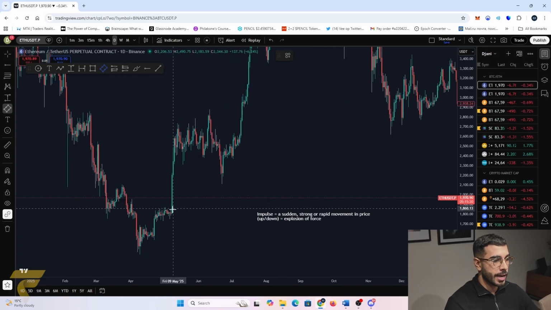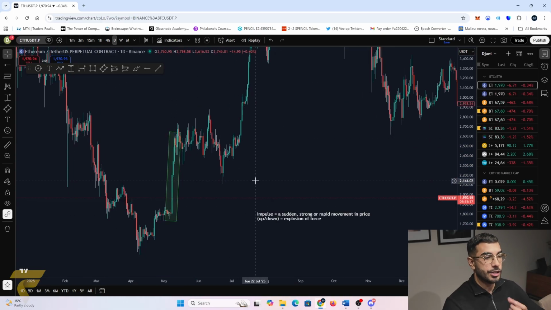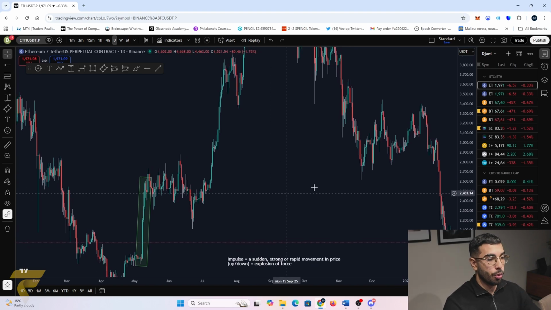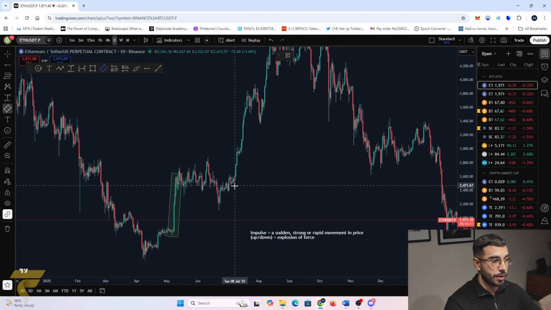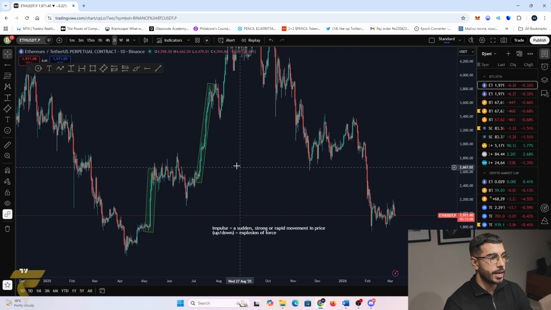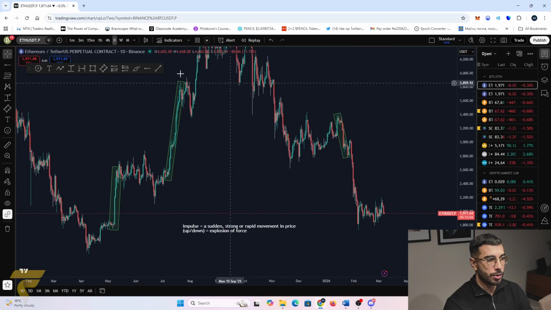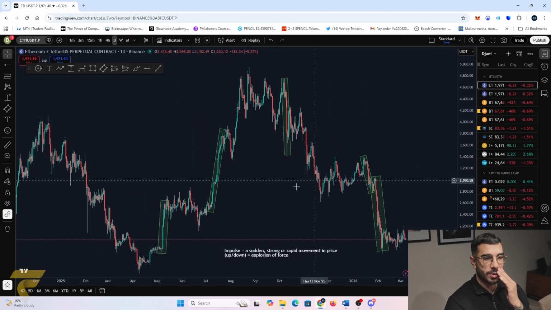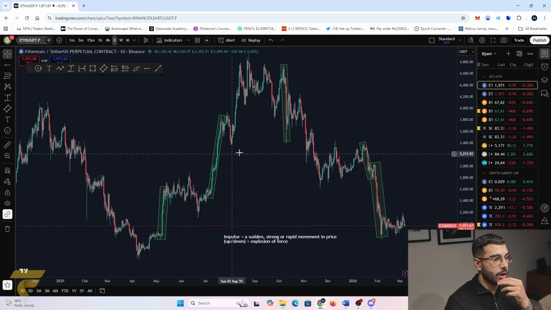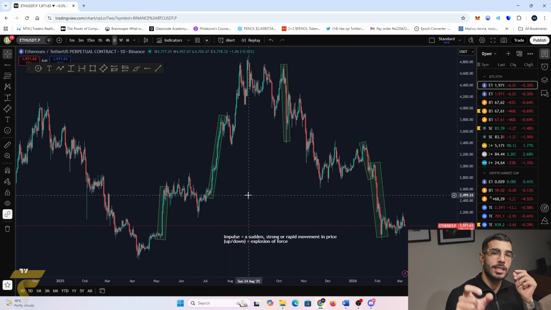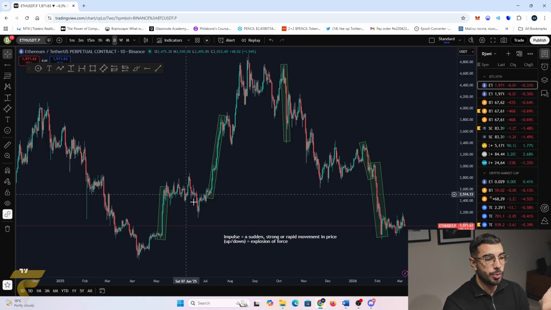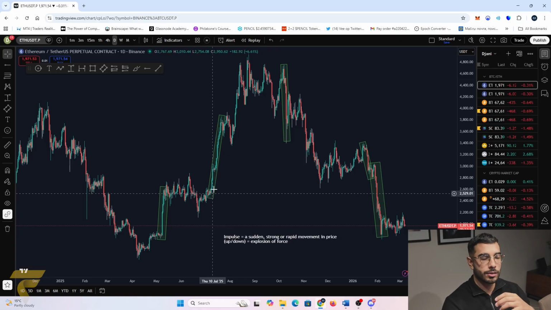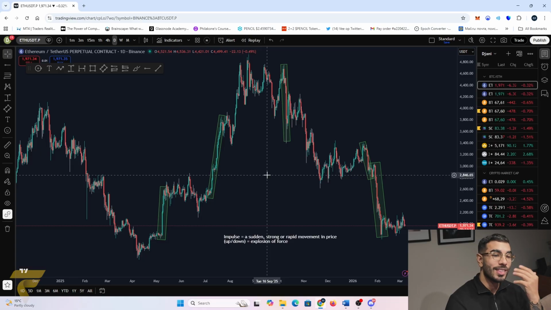So for example, everything that I address right now, you can clearly see a surge of price going up, or for example, and again, this is also a very good example, very rapid price action. It can also go down. There you go. This is a very beautiful example of impulses, and these are all impulses, okay? It's very clearly visible. And obviously, if you compare these candlesticks, these blocks, there's a clear difference with the previous candlesticks. The impulses, 9 out of 10 times, usually cut through specific levels.